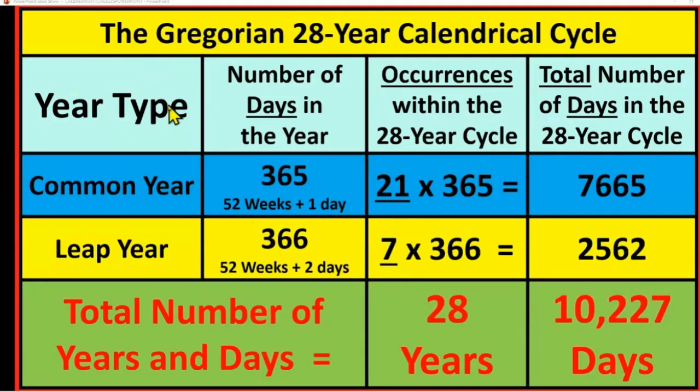So again, this is how it works out. We have the year type, the number of days in the year, which is 365. And remember, 365 is really 52 weeks, because 52 weeks is 364, but they do the plus the 1 day. And there's 21 of these 365 day years, which gives you a total, when you add them up, 21 times 365, it gives you